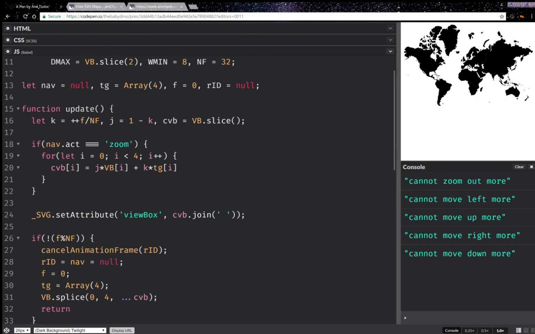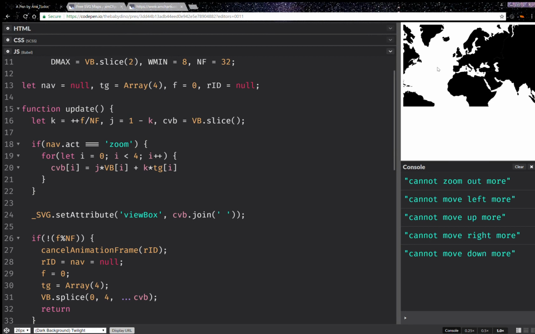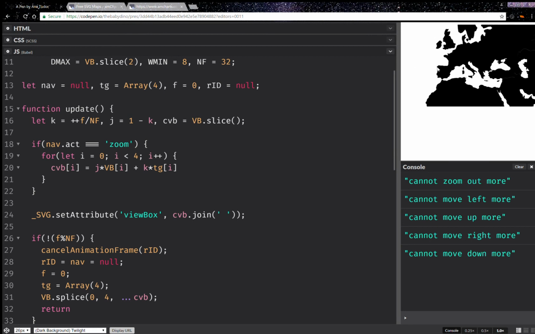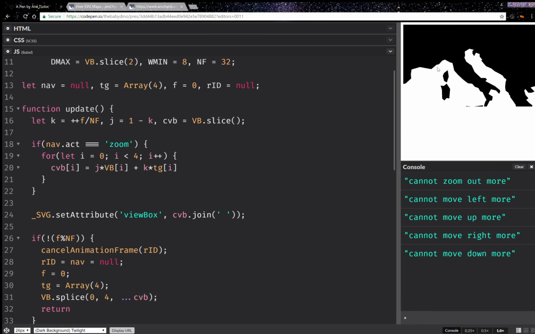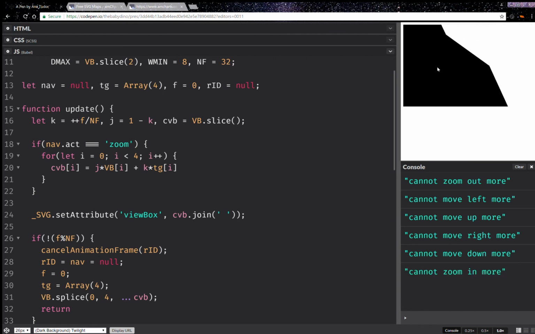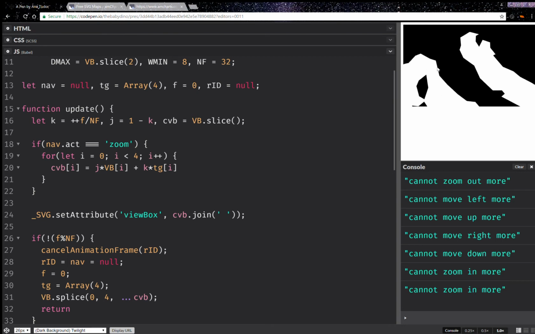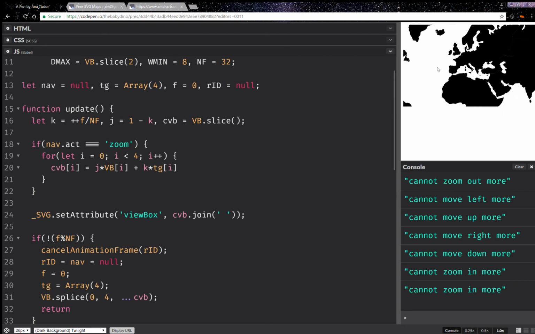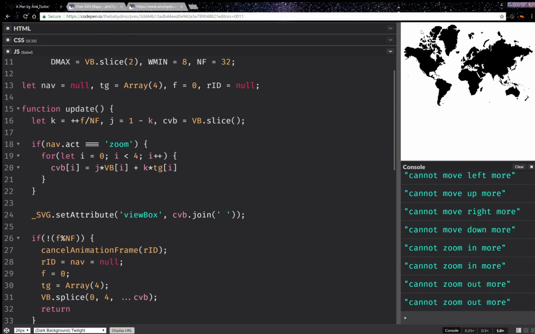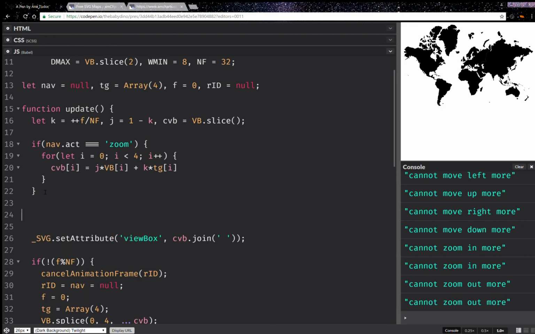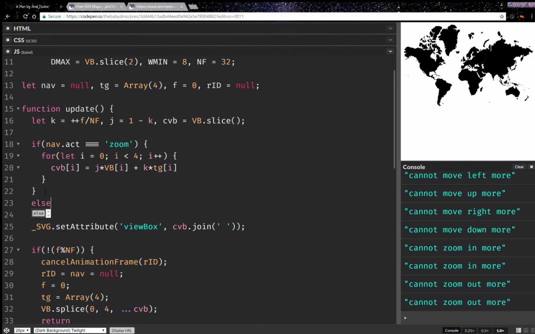Looks just about right. So let's see if I can zoom in. And sure enough, I can zoom in. Let's see when I hit the limit. Cannot zoom in more. That's great. Can I zoom out? Yep, I sure can zoom out. Now that's good. Now my other choice here is else